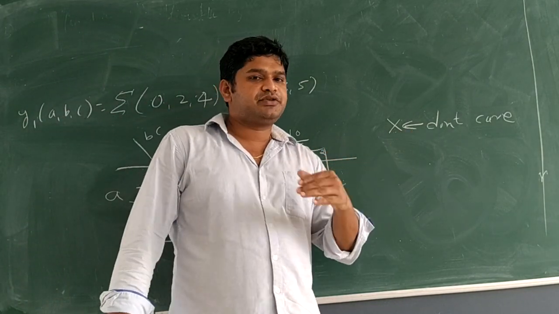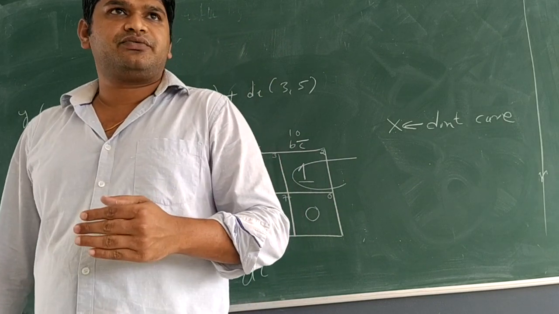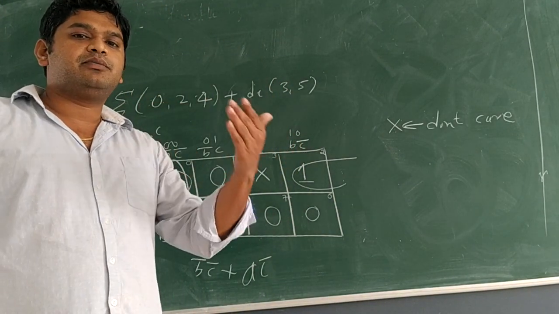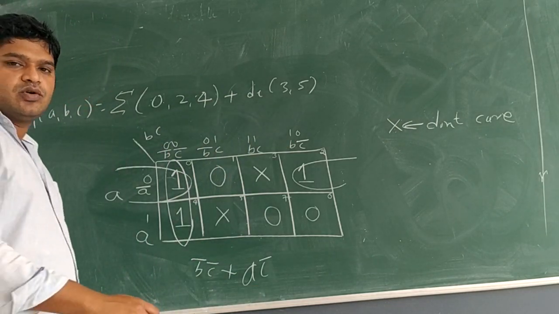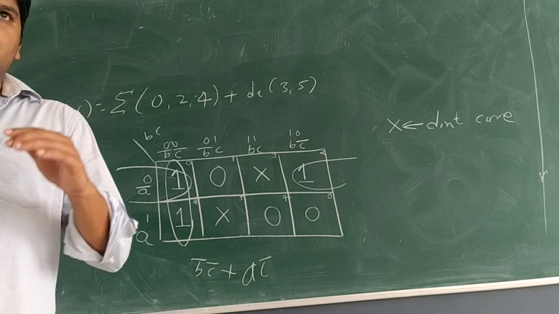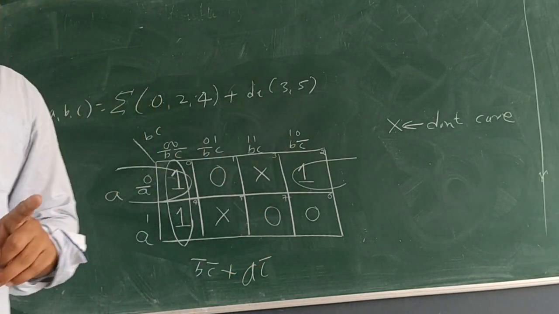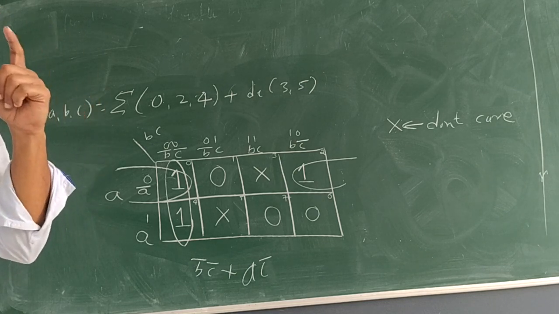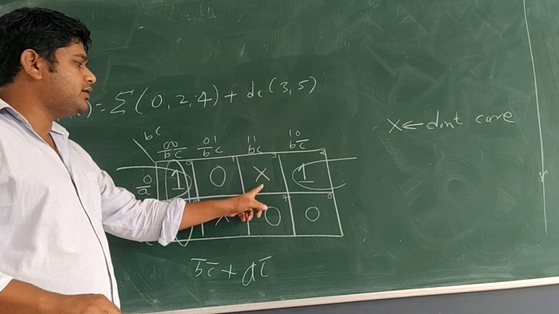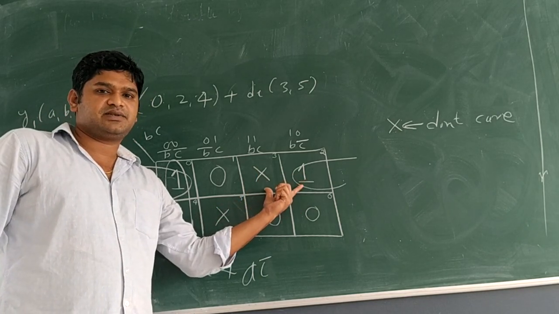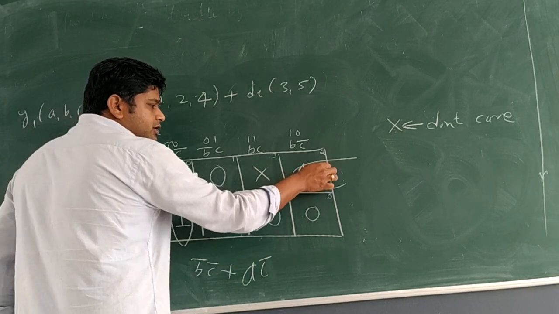But there is one more definition for x. The definition of x is it is not necessarily 0 always. It can be 1. So that means what? Assume 1 here, but don't replace x with 1. Keep x as it is, but in that place assume 1. If I assume 1, what happens? This one and this one will become adjacent. So how to show that?